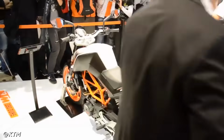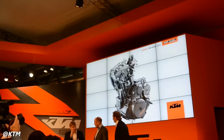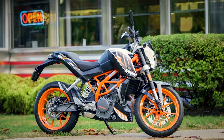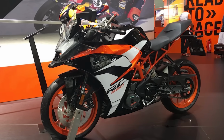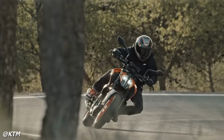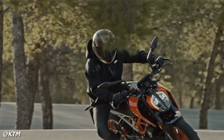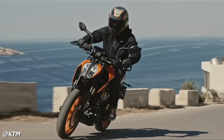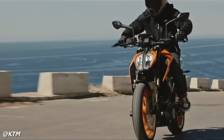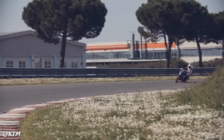The 390 Duke debuted in 2012 and was released in India and the Philippines in 2013. It was followed by the US launch in 2015. The RC390 Sport bike was introduced the following year. When they were initially released, the Duke and RC390 motorcycles offered something quite new to the beginner sport bike segment. As the platform progressed, they became increasingly value-driven as new features were added that were more or less unique to